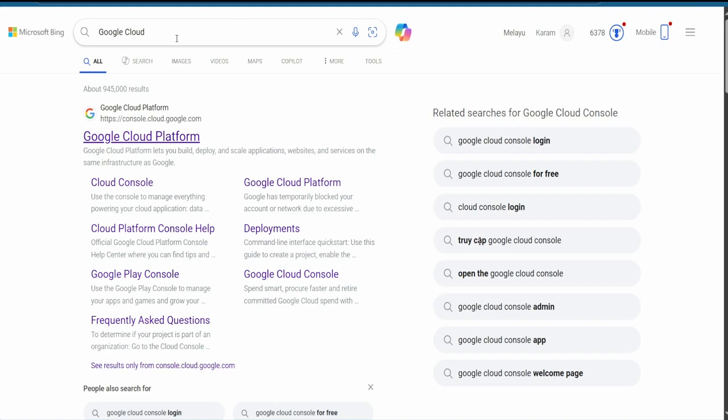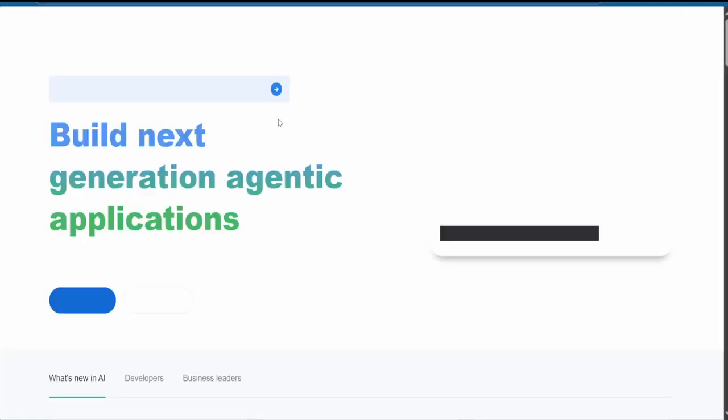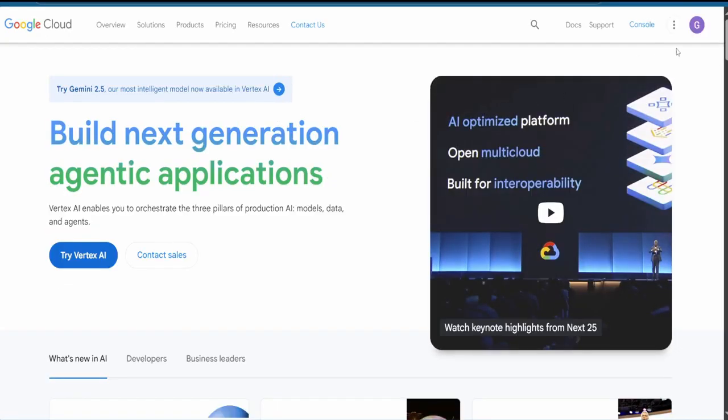Hi guys, to host n8n on Google Cloud always for free, instead of running it locally and keeping your device always on. So first we are going to search for Google Cloud, hit on the first link. Once opened, log in with your Google account, hit on console,